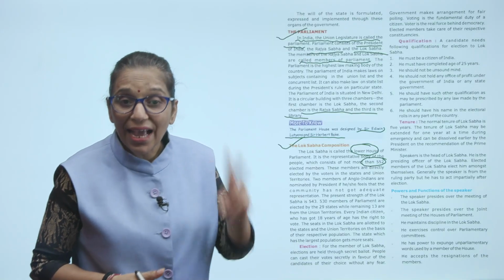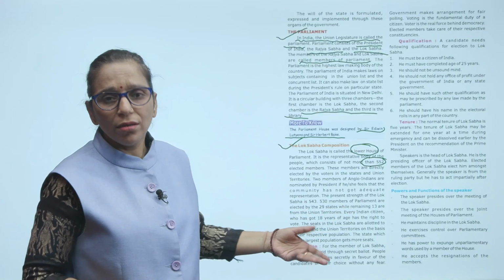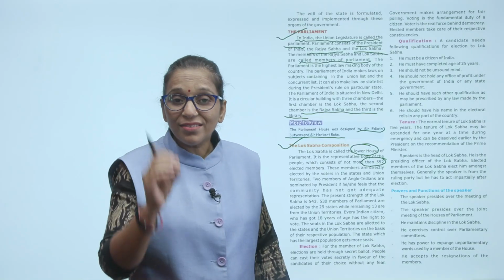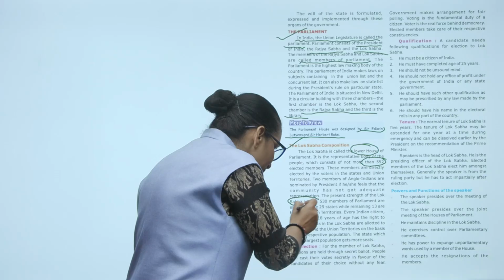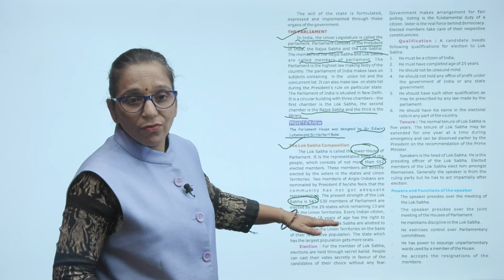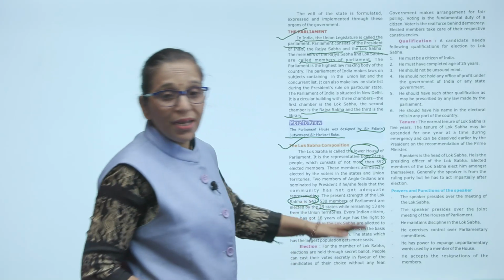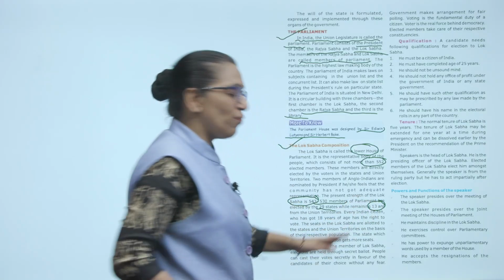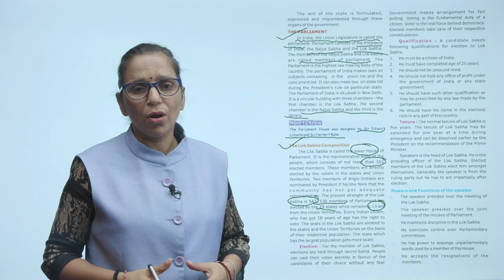The two members of Anglo-Indians are also nominated by the president if he or she feels that the community has not adequate representation. The present strength of Lok Sabha is 543. 530 members of parliament are elected from the 29 states of India, while the remaining 13 are elected from the union territories of India. So, every Indian citizen who has the age of 18 years and above has a right